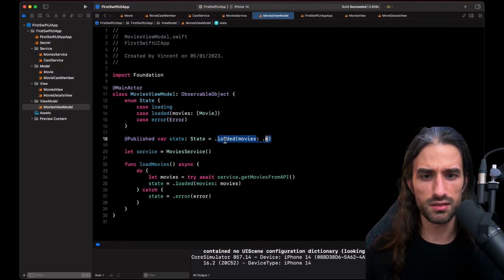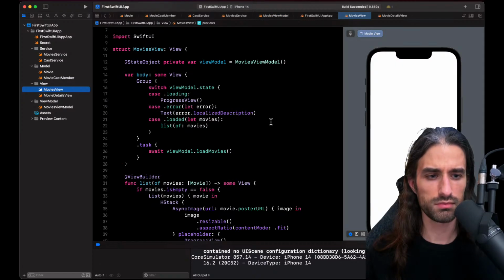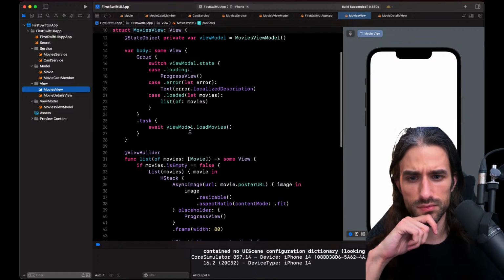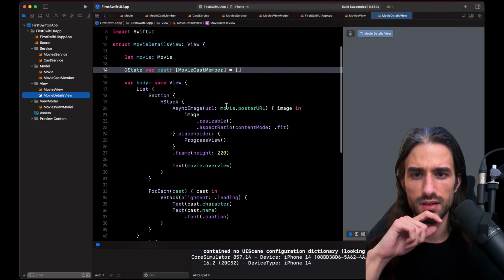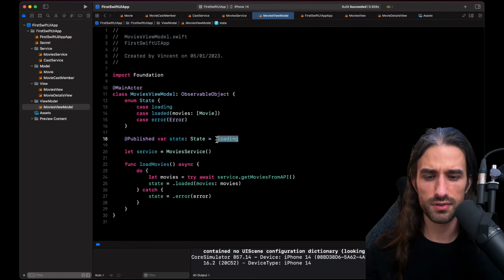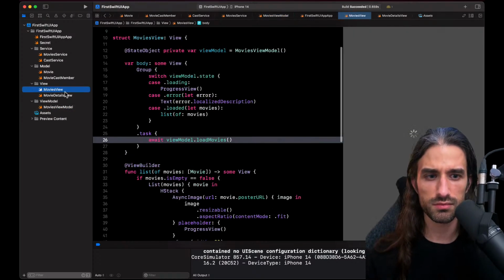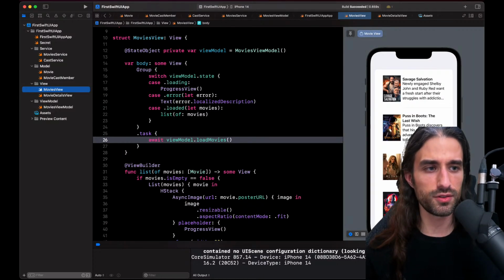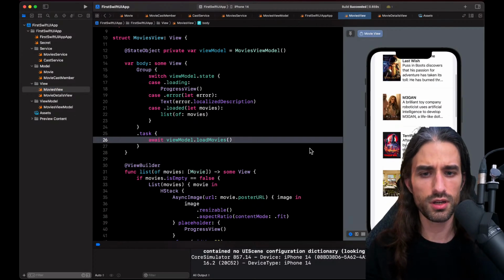That's super weird. Why is it working now? So now it's not working in the preview, but I'm calling load movies. And what's super weird is that when I put my mocked values as a default value, then the preview actually works and makes the network call, because this is not the data from the mock, this is data from the network.